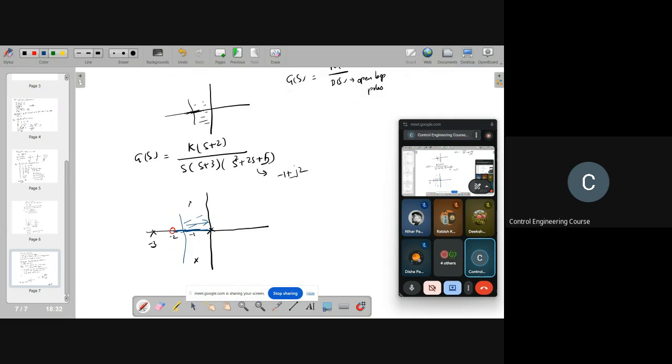Now again, if you see in between these two, the number of poles and zeros is 2. One is here and another one is here. That means there is no root locus in between these two. Again, if you take a point here, the number of poles and zeros on the real axis is 3, right? So this is an odd number, so you will have a root locus on the real axis that extends up to infinity. So this is how the root locus looks like. So this is the third rule. Is it clear?